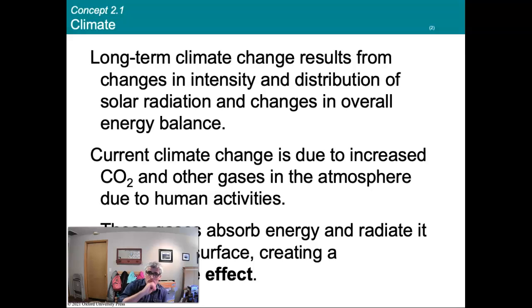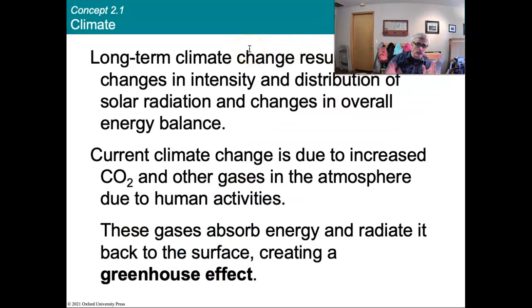And so long-term climate change results from changes in intensity and distribution of solar radiation, and climate change is impacted by greenhouse gases. And so really, when we talk about climate change, I like to think about it from the first principle, right? First principle is solar energy is coming in. We'll learn that some of that's trapped, some of that's released. Adding more greenhouse gases increases the amount of the energy that's trapped. And so by definition, from first principle understanding, climate gets warmer on average and changes with increased absorption of that energy from the sun. It's really just that simple.